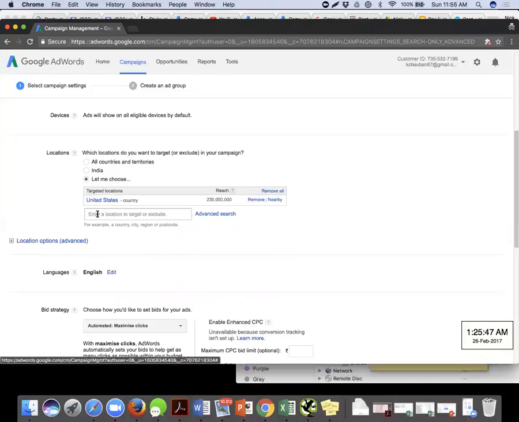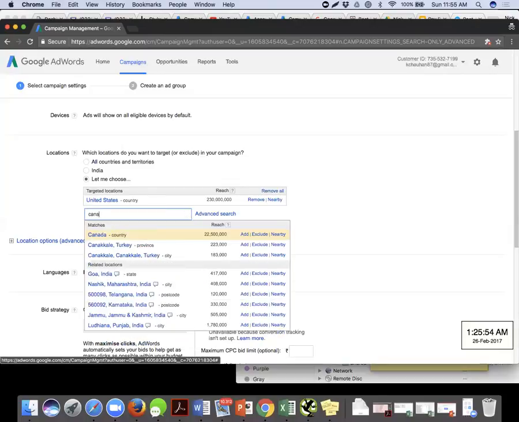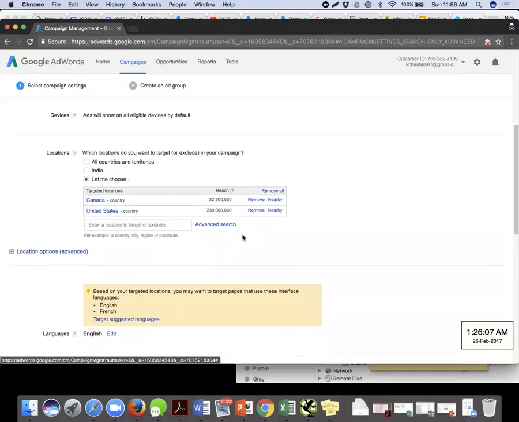I can add any other country of my choice. So Canada being there, and then I click on add. There are 3 options: add, exclude, and nearby. So we need to know what these 3 really mean. Let's click on add. Perfect. So what has happened? There are 2 countries which have been selected. Anyone who will be searching for the keywords which I will be putting in, and searching within these countries, will only